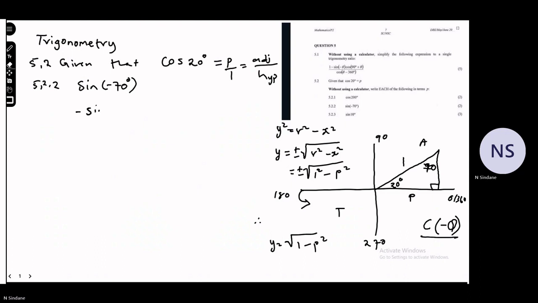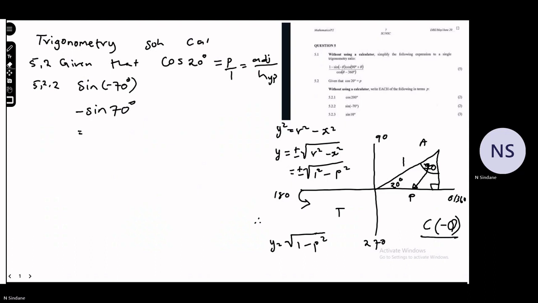So it means this will be negative sine of 70 degrees, right? Since you already know all our angles, this angle is 70 degrees. If that angle is 70 degrees, it makes this side the opposite of that angle. P will be my opposite, 1 will be my hypotenuse, and square root of 1 minus P squared will be my adjacent, not opposite. So from SOHCAHTOA,